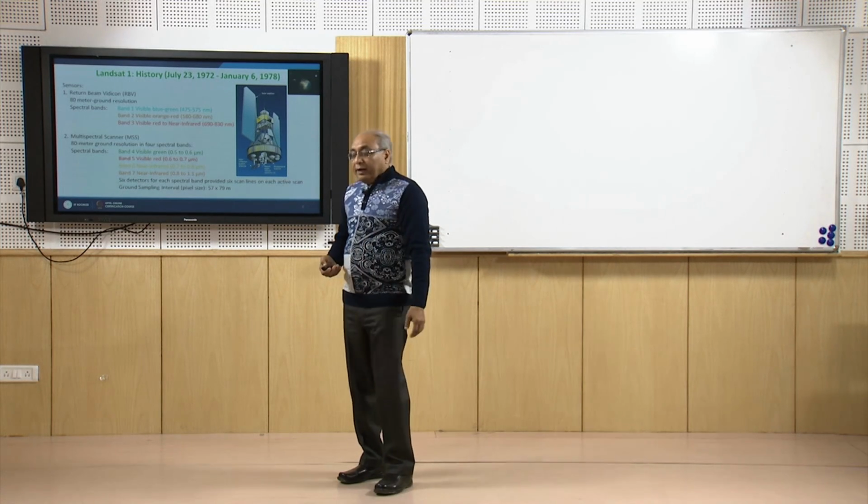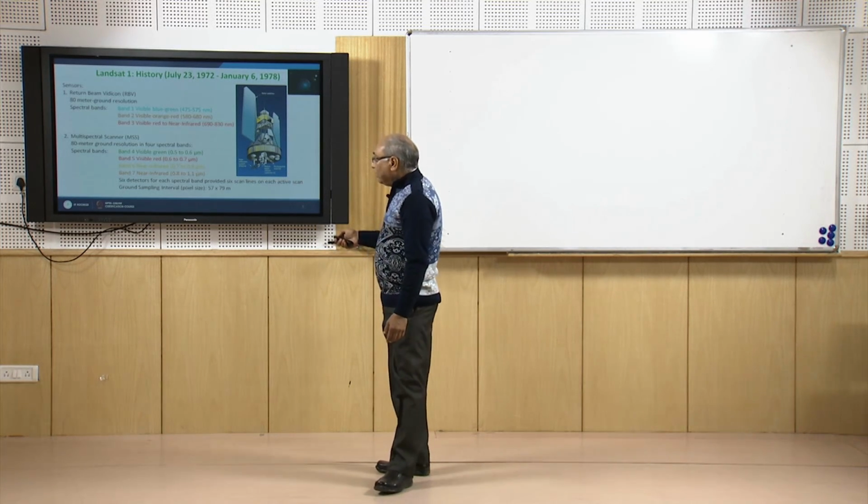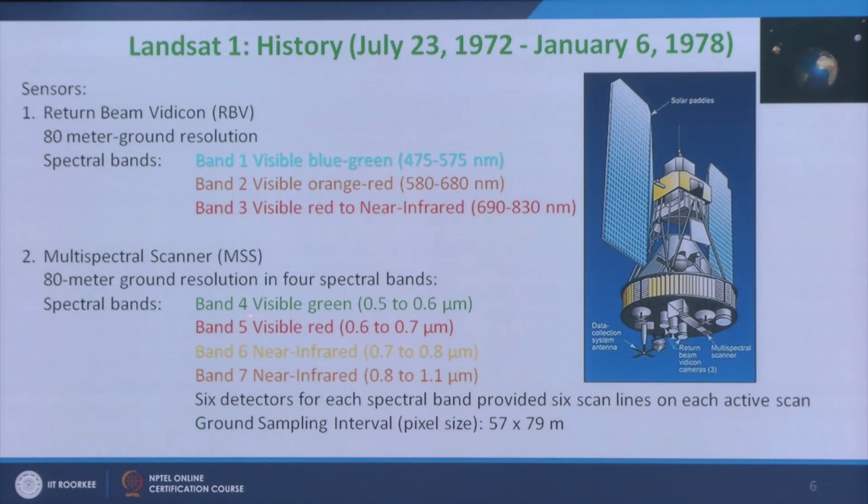Therefore, we start with the visible green channel, visible red channel, and there were two near infrared channels, 0.7 to 0.8 micrometer and 0.8 to 1.1 micrometer. And this sensor became very popular,